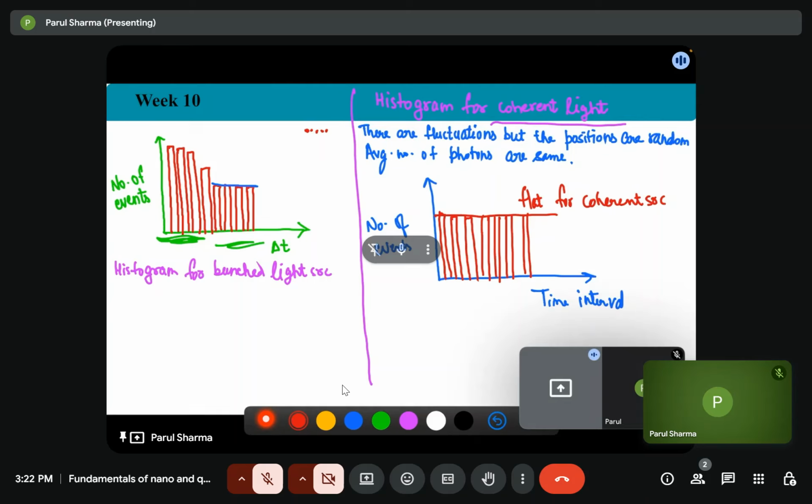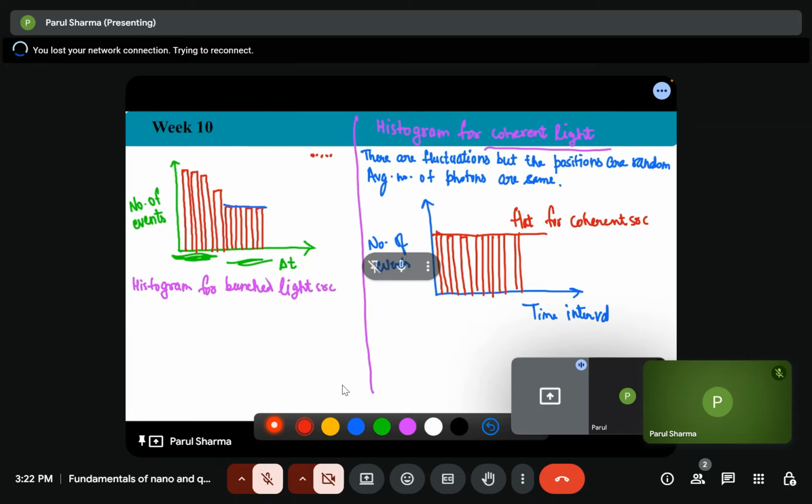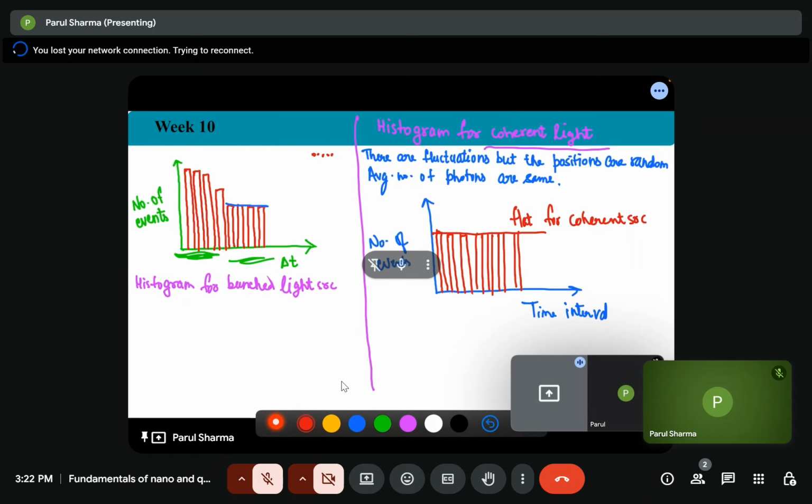So when we talked about the photon statistics, we considered a perfectly monochromatic wave with constant intensity. But the only thing that was considered is that the average number of photons is the same. But we saw that if we keep checking in a 30 centimeter beam length or